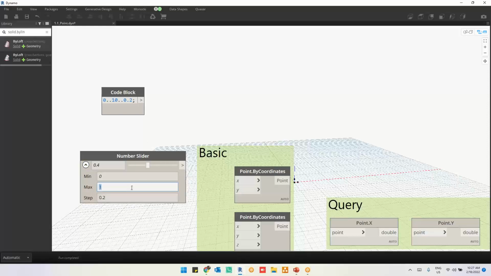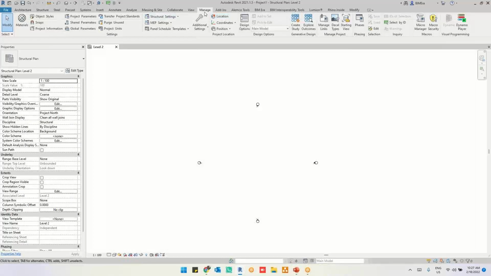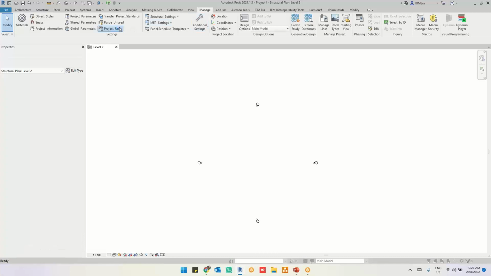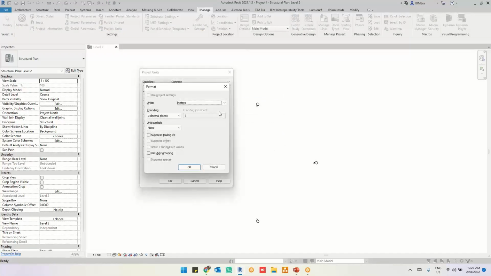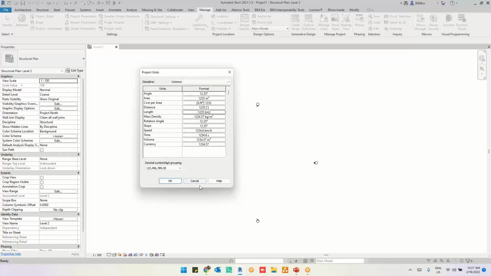your requirement. And while you're playing with the geometry, you might be using a huge number like 10,000, 20,000, 30,000. Why? Because if your units are in millimeters, then you have to use like 1,000 points, 2,000 points, like that. Always set your project units while you're playing with the geometry. Always set your project units to meters. Must. It's the first thing that you have to set, because